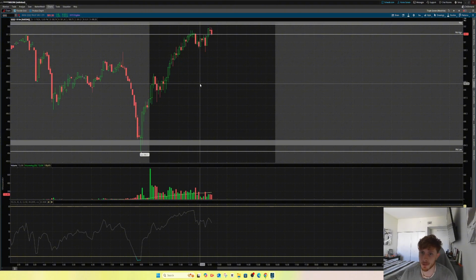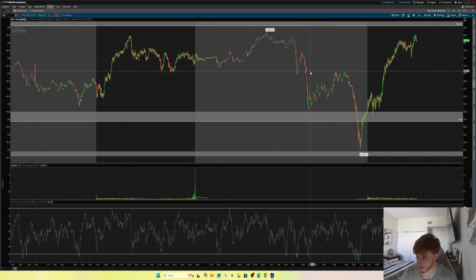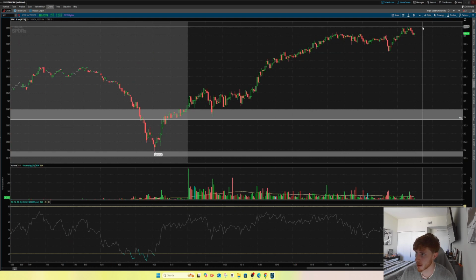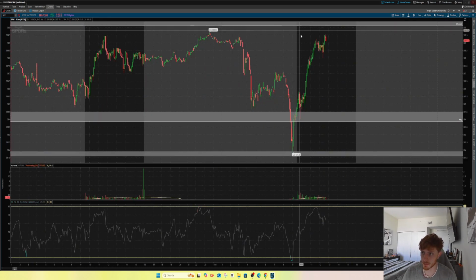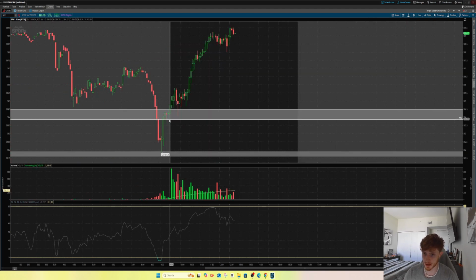A third entry strategy, which I don't typically love as much and don't do as often, but is viable, is breaking it down to the 1 minute. When we get a counter trend move into a zone, the way I look to enter is a 5-minute break of structure, as I just showed. If it's a supply zone, create a downside FVG and look for the entry on the retest of it. But if we test a zone and it's not a counter trend move, where we open up the zone and it's not counter trend, what I'll look for is a 1-minute break of structure